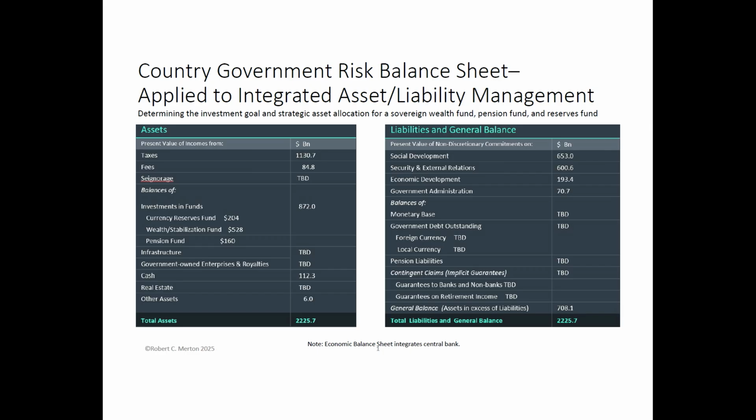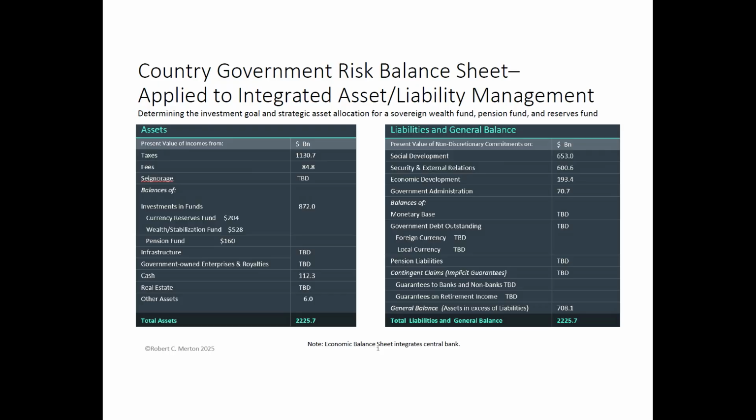So let me take you through a hypothetical example. If we're doing the US government or any government, we lay out, just as with any balance sheet, all the assets of that government, not its cash flow, not its budget, not its income statement, but the balance sheet, because we're going to be talking about risk. And the only way you can look at risk is to look at the whole. You can't look at one year's dividends in a stock and use that to infer what the risk is.